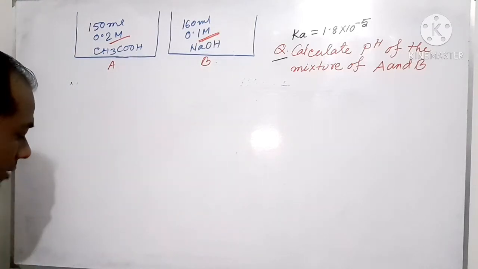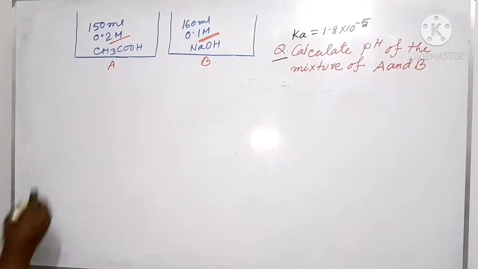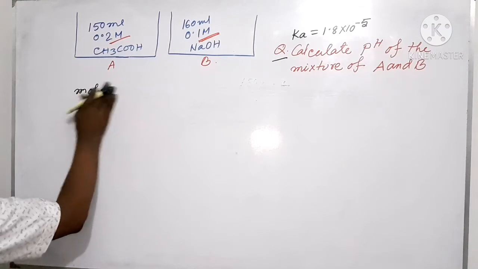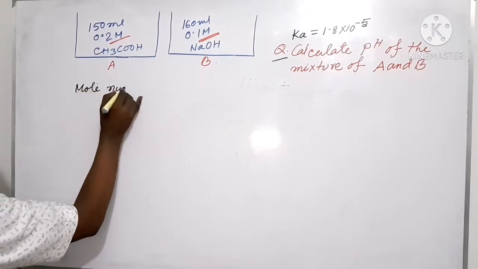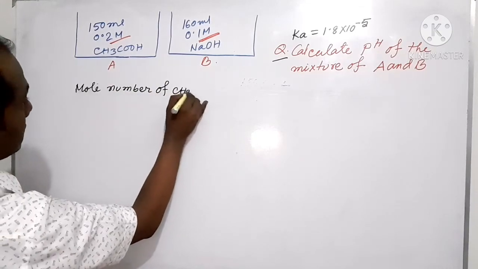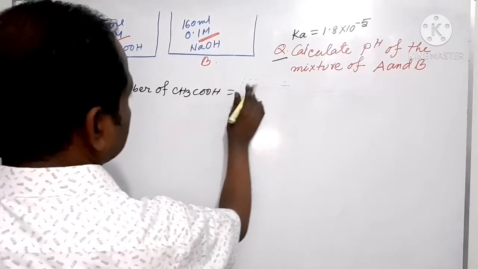So at first we calculate the mole number of this acetic acid and sodium hydroxide. So the mole number of acetic acid is